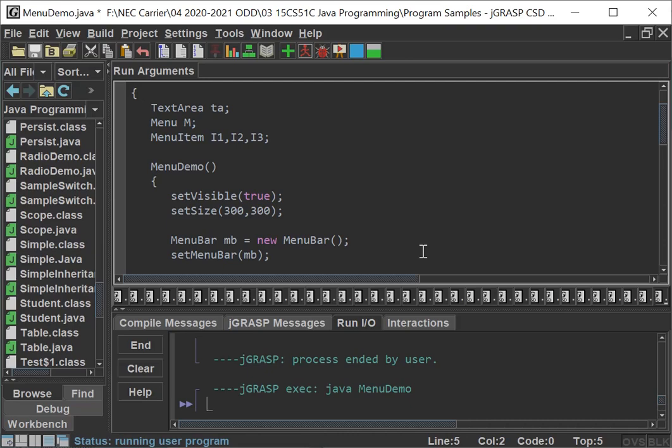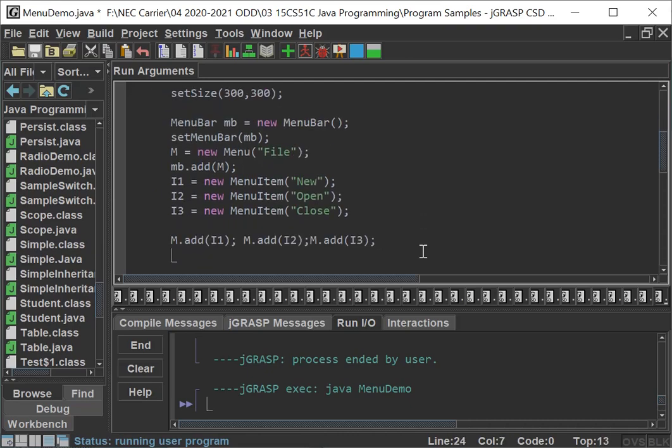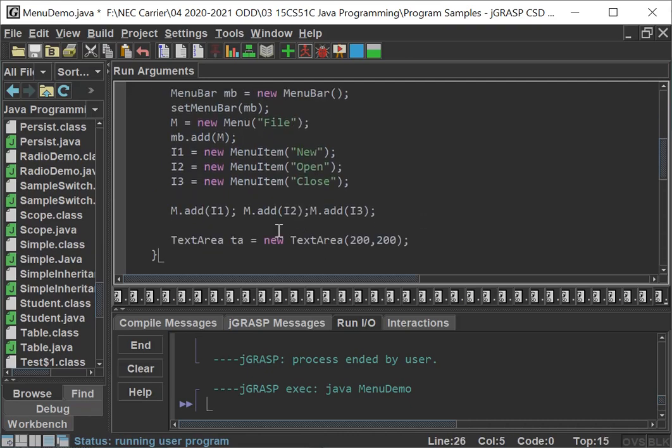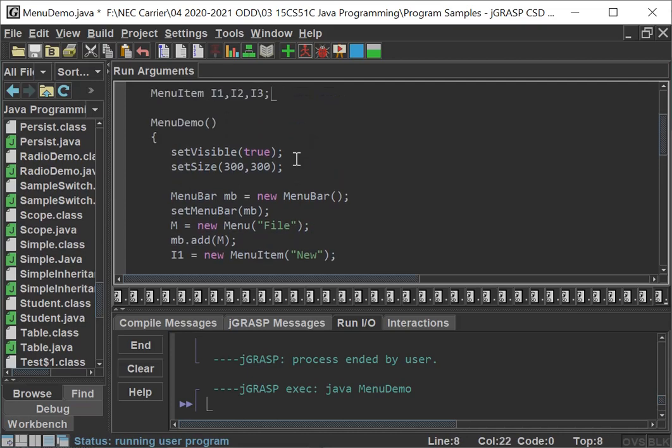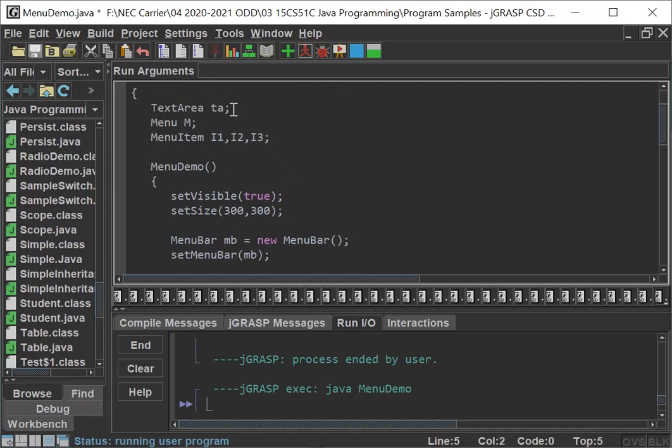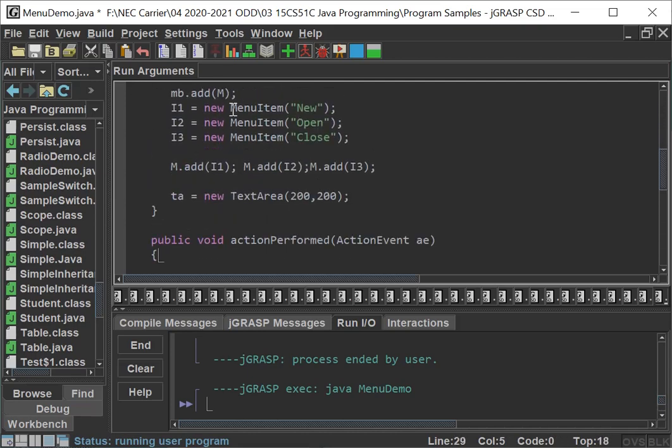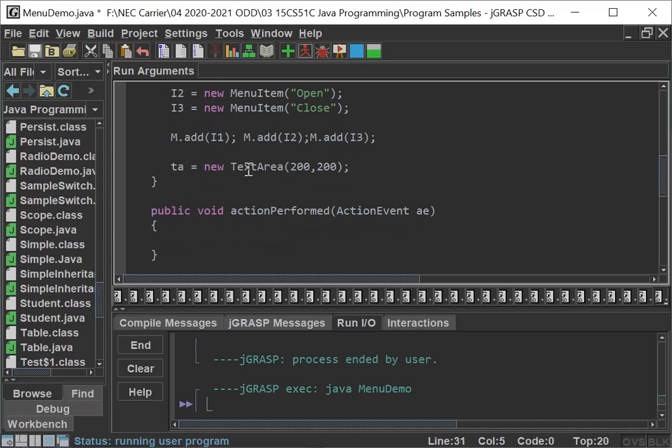Already I have created a name T, so I have collected it, and I no need to give TextArea here because I have created the instance variable already. That instance variable I have utilized to create the text area. TextArea TA: I'm utilizing this reference name TA to collect the text area object.